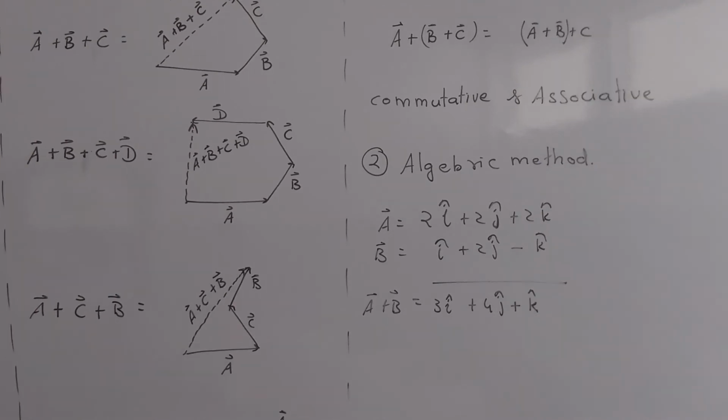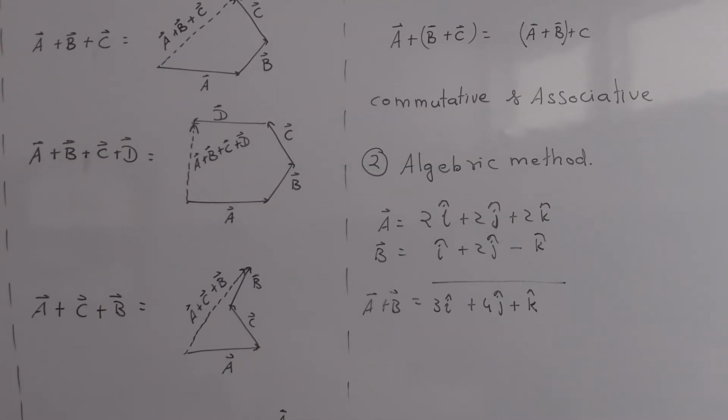Okay, these were two methods of adding vectors. There are a few more methods of vector addition. You have to first take a look at the situation that is given to you, and according to that you have to choose the method. This is given to me in this form, so I will be adding them by using this method or that method.